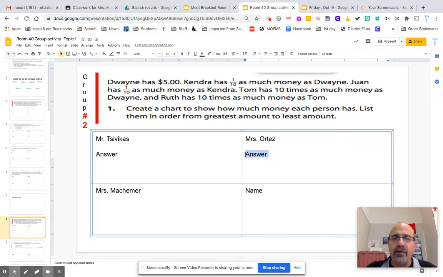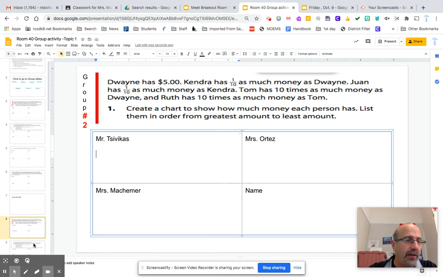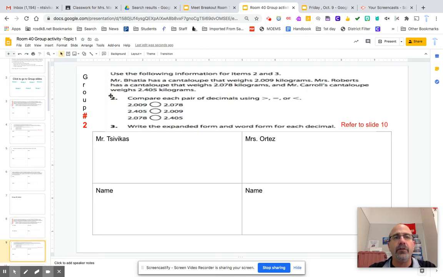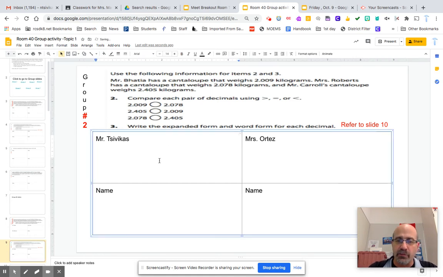Again, I want you to collaborate, work together, teamwork. Maybe somebody's stronger at math, but you have an idea of what you're doing, and you guys talk it out first, then solve it. Okay? So this was number 1. And then on the next slide, number 2, you're going to tell me if it's greater or less than. If you can't get the symbols to work for any reason, you can always type out greater than. But you'll need 3. Remember, do them in order,